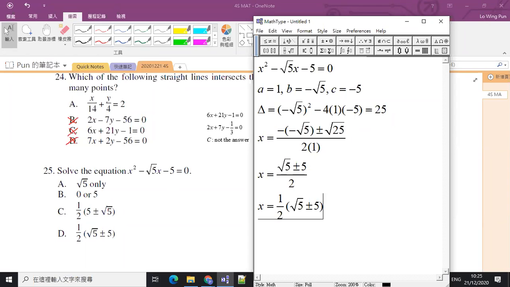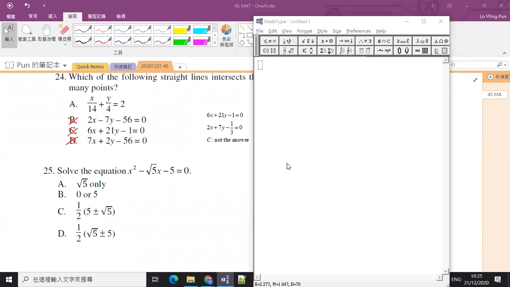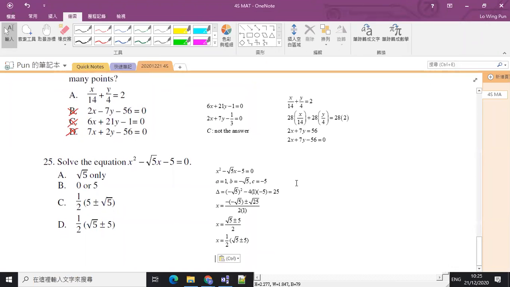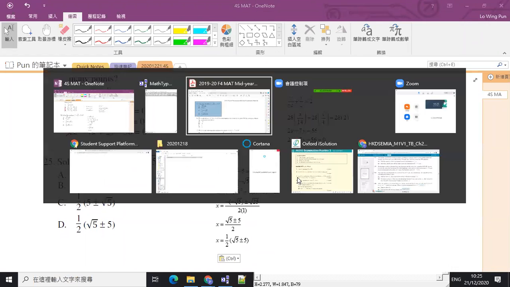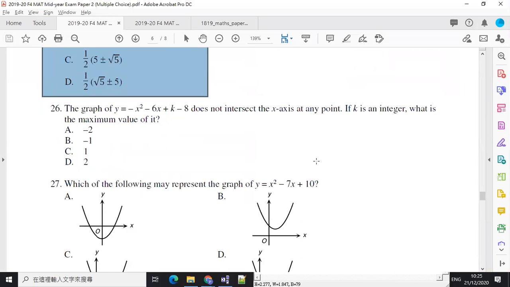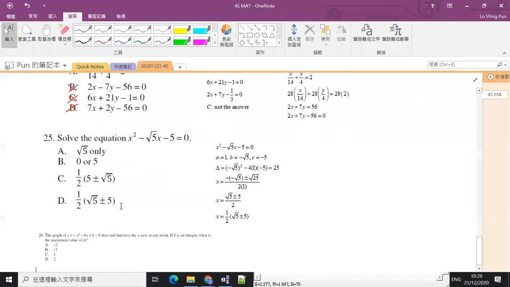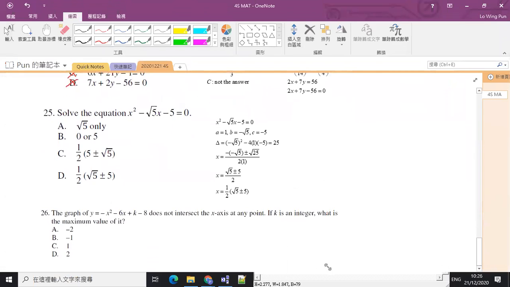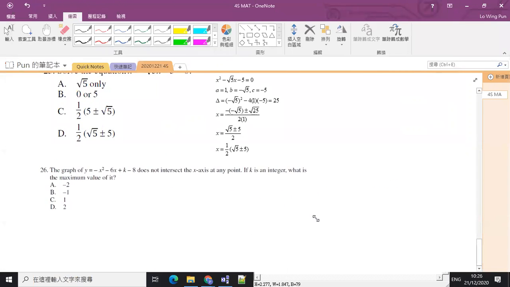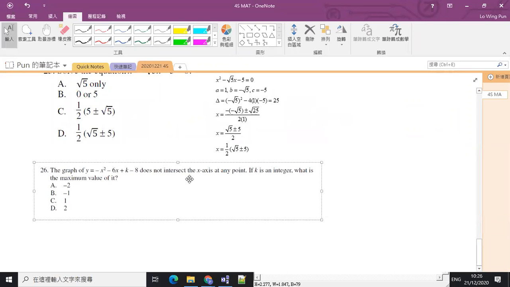Okay, so the answer is option D. 呢題直接做嘅啫。It's okay。好，最後講埋呢題啊，26。So the graph of y equals this does not intersect at the x-axis at any point. If k is an integer, what is the maximum value of k？好啦，呢一個係一個 graph 嘅問題，係咪？OK，graph 嘅問題 does not intersect